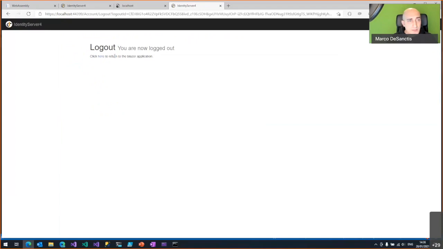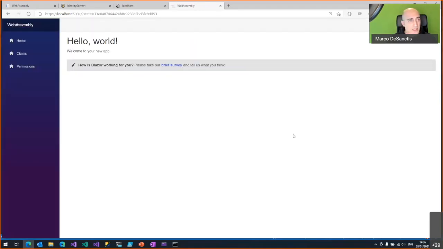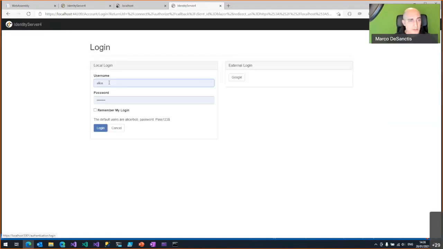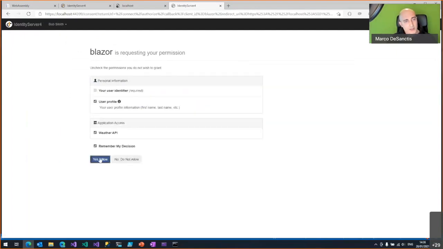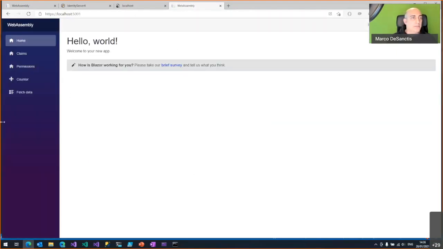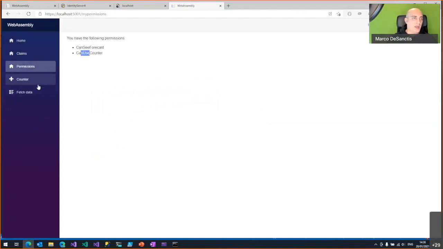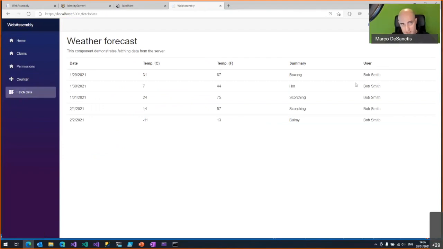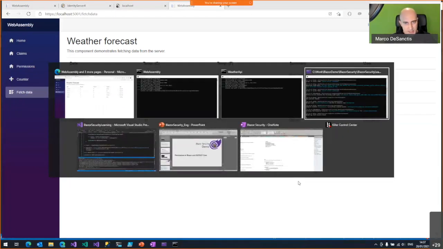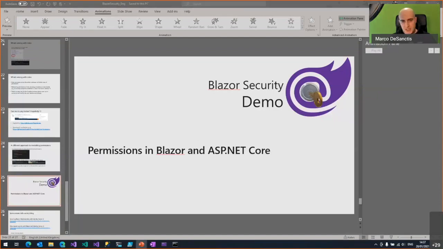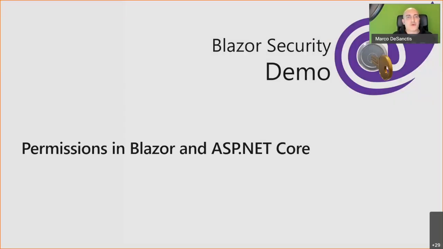I log out, and I now log in again as Bob, who's an admin. I now see both links because I have both permissions, and I can go to fetch data and see my weather forecasts, okay, because I'm entitled to see them, right? Cool. Guys, I think the time is pretty much over, and so this is all I had to show you